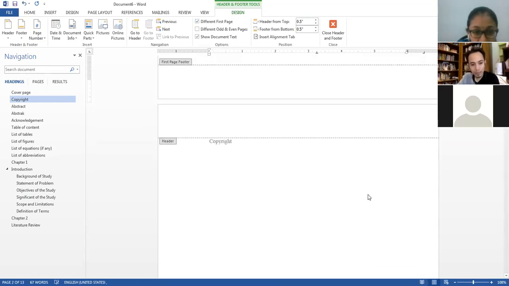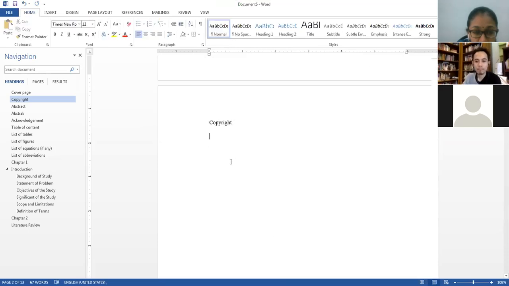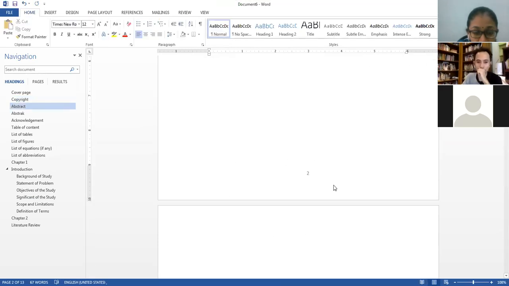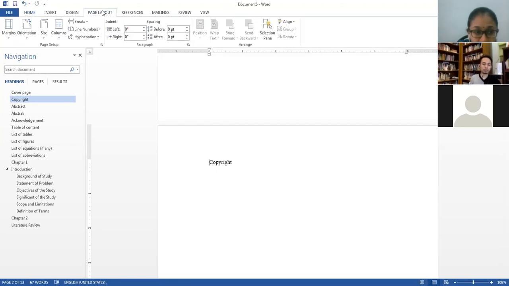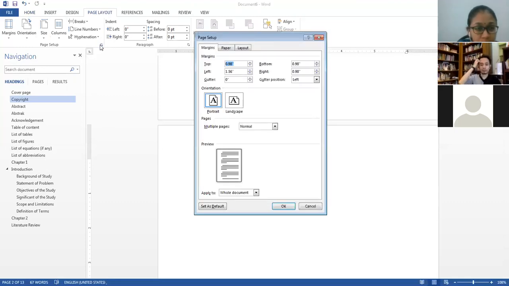Then you go to the second page, it still appears, right? So this one you need to do some setup, in which you need to click on the first word on this page, on your left side. I put my cursor behind the C, and then I go to the page layout, then I click page setup, and then